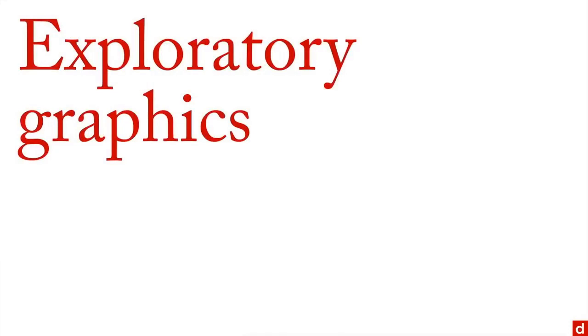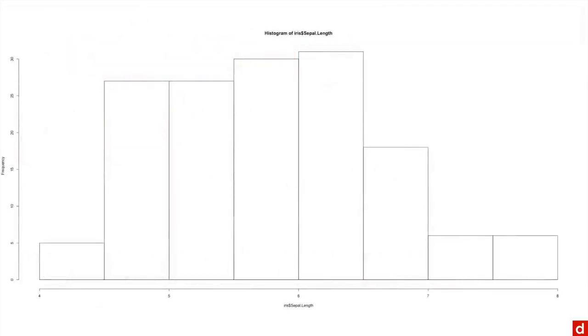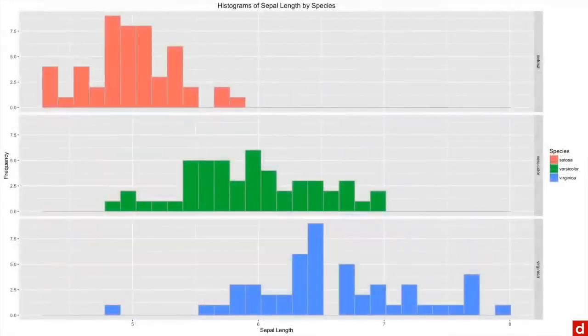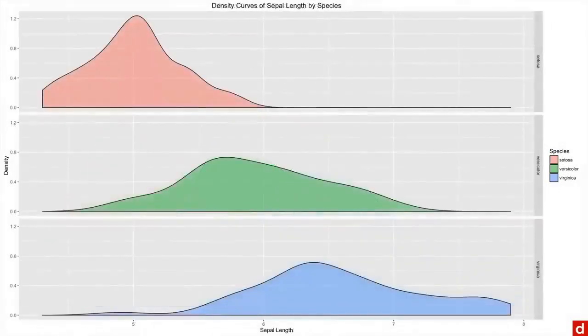And for exploratory graphics, you need speed and responsiveness. And so you get very simple graphics. This is a base histogram in R, and they can get a little more sophisticated. And this is done in ggplot, and then you can break it down in a couple of histograms, or you can make it a different way, or make them see-through, or split them apart into small multiples. But in each case, this is done for the benefit of you as the analyst understanding the data. These are quick, they're effective. Now, they're not very well labeled, and they're usually for your insight,